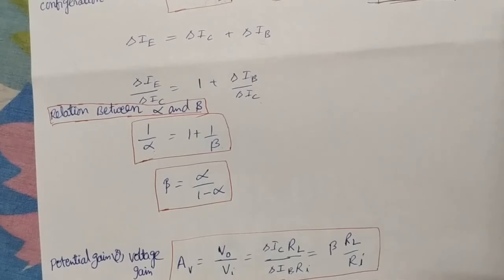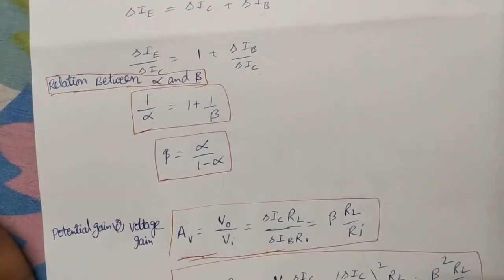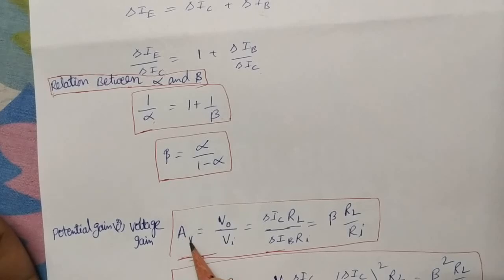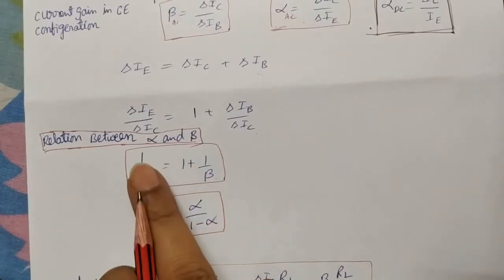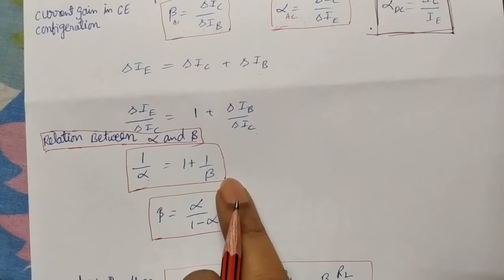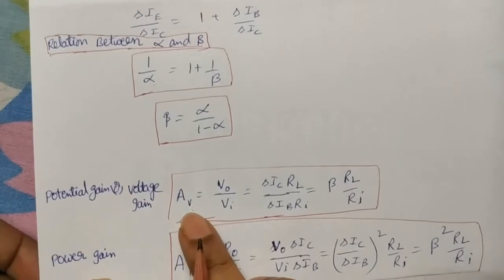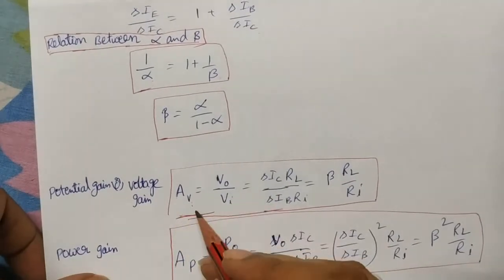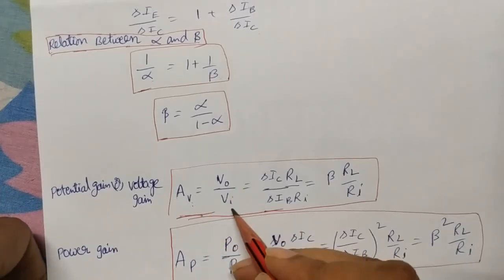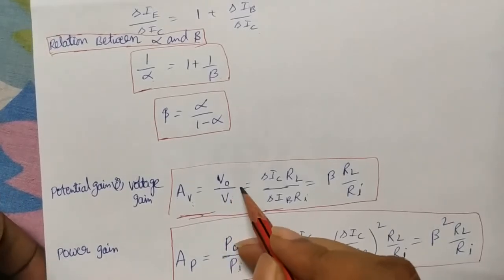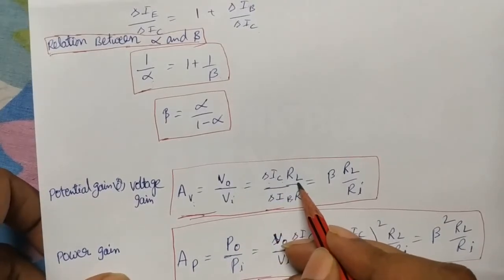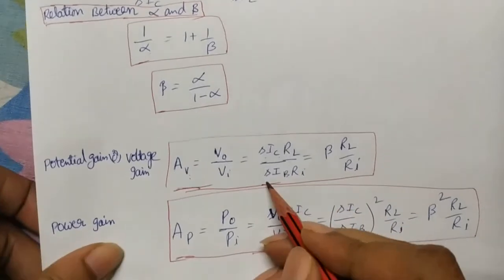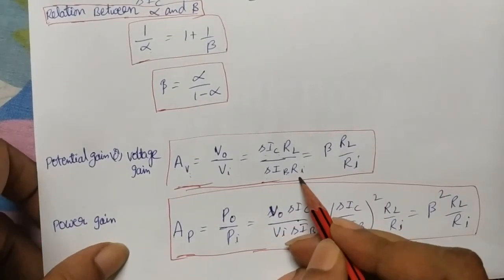Now we'll see how to calculate power gain. First, amplification of voltage. AV means amplification of voltage. What is amplification? How many times potential increases. Alpha and beta are current gains, which tell how many times current increases. Here we are talking about voltage gain. What is the definition of voltage gain? Output voltage by input voltage. How to write output voltage? Change in output current into output resistance, which they call load resistance, by change in input current into input resistance.